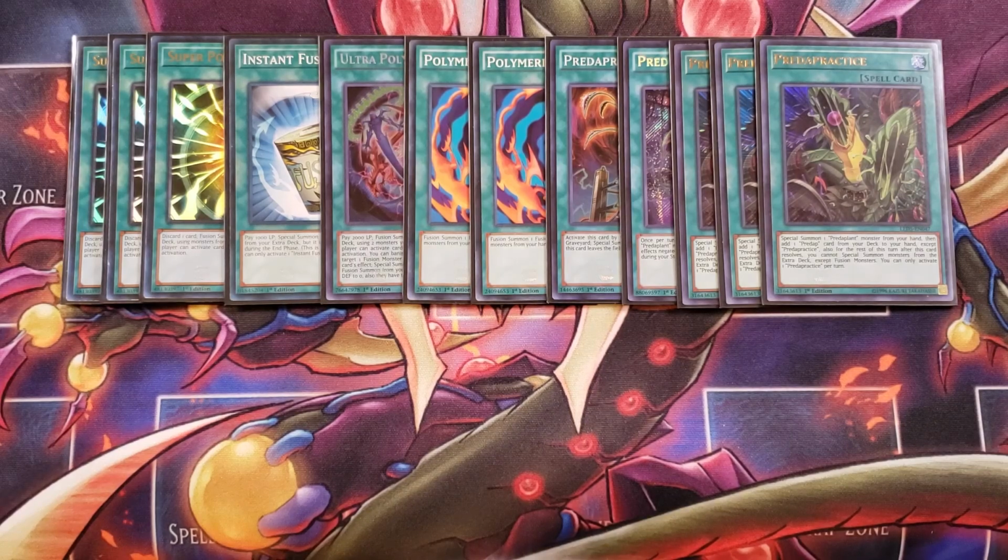Then you get to add a Preda card from your deck to your hand, which is the big effect of this card that you're going to be using all the time. But for the rest of the turn, after this card resolves, you can special summon monsters from the extra deck, except for fusion monsters, which is not that bad,